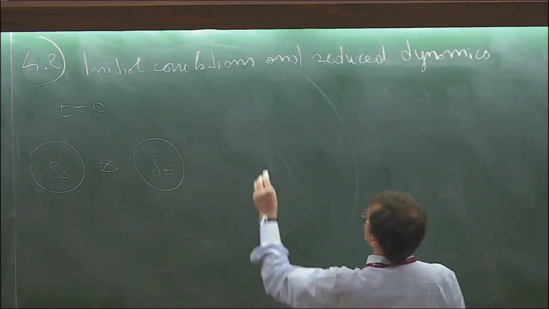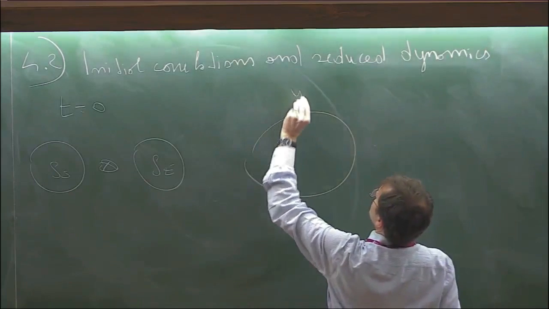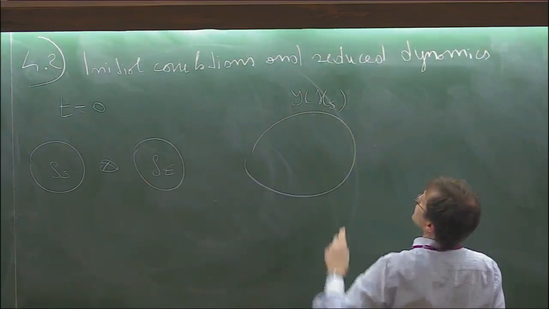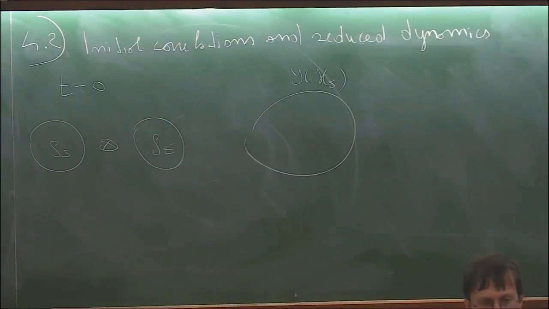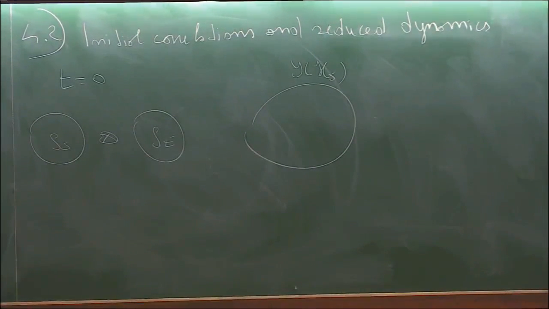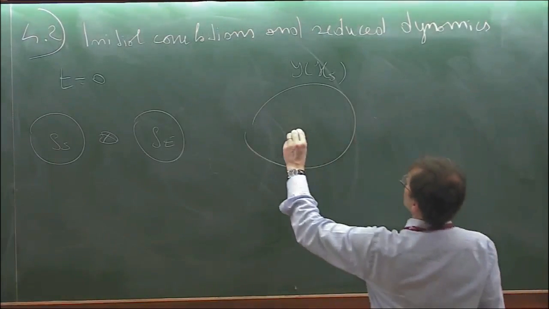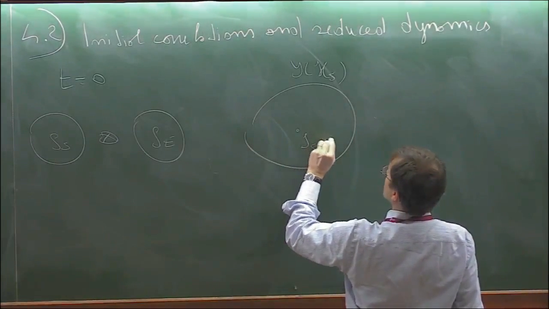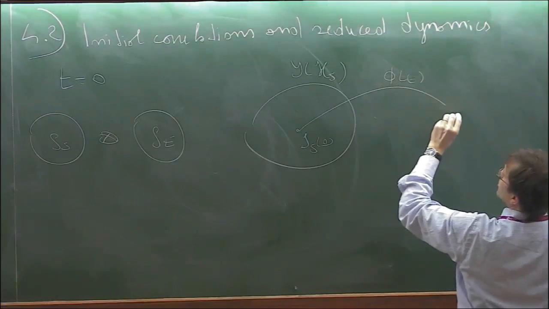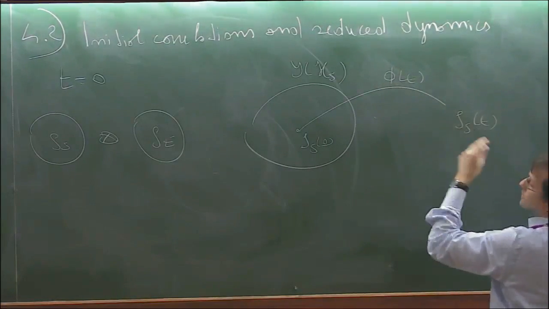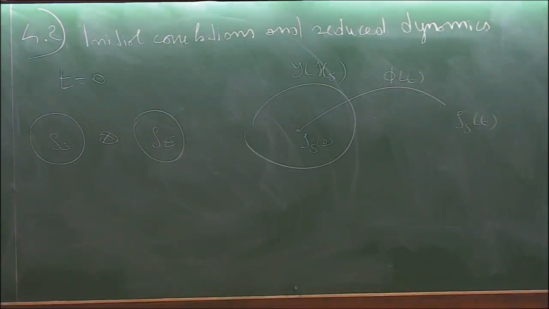And the idea is that if this is the space of states of the system, so S of H_S means the convex state space of the system, so the set where all statistical operators live. The idea is whatever initial condition I take here, there is a map Phi_t which drives it to the corresponding final state at a given time. So there exists a quantum dynamical map. Okay?